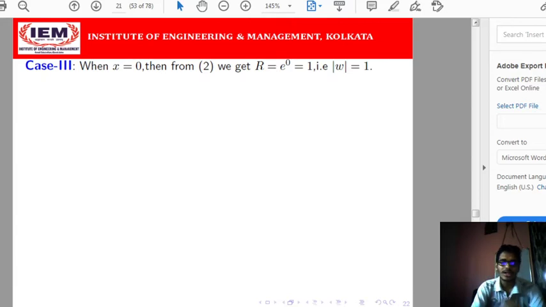Now we are considering another case. Say x equals 0. So what is x equals 0? x equals 0 means the imaginary axis, that means the y axis. So if x equals 0, from there we have got that r equals e to the power x. So r will be e to the power 0, that will be 1. So if r equals 1, then mod of w will be 1, because we have got that